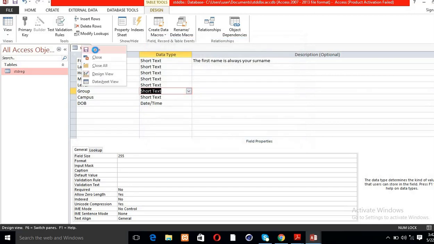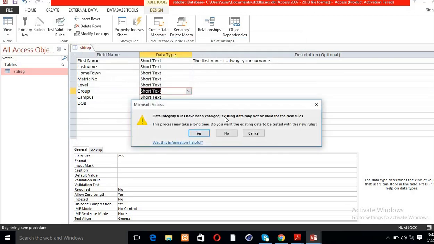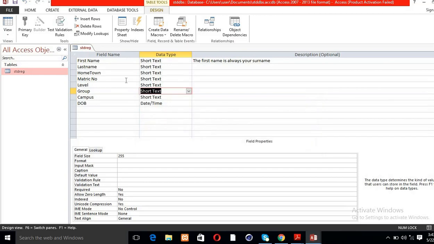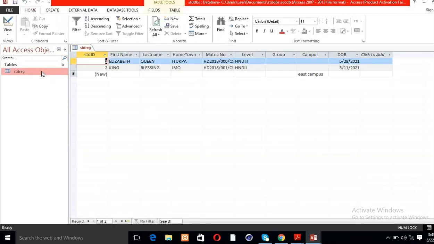Data may not be valid for the new rules. This process may take a long time. Do you want existing data to be tested? Yes. Okay, so I double click on this. So if you click here, you see that we have a combo box down here. We have A, we have B, and we have C. So depending on the group you are, if it is A, click on A. Then the campus, we have